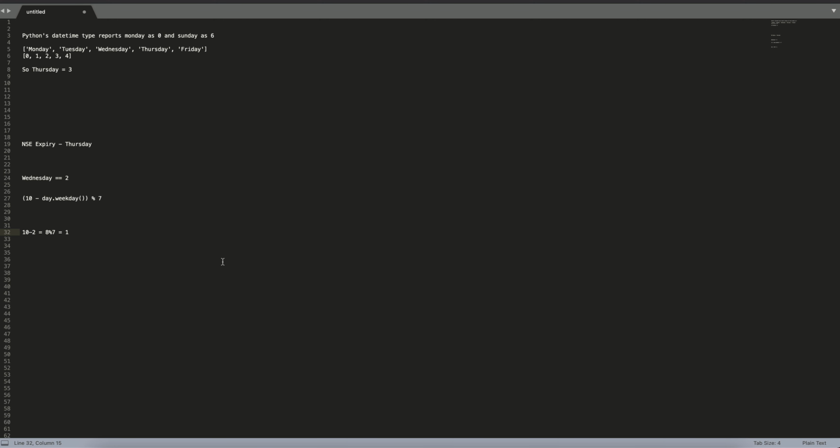If, for example, we are on Friday, that will be index 4. How will it calculate? 10 minus 4 equals 6, and the remainder of division by 7 equals 6 only.